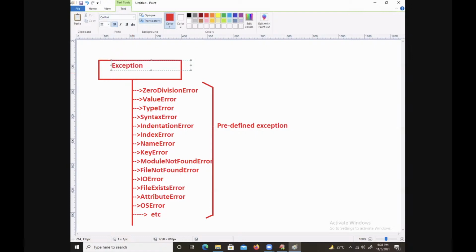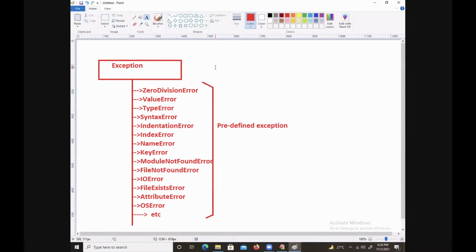What is the class name here? Exception is a super class for all the classes in Python. Like that, I am a Python trainer, you are my Python student. And who is our guru? Who is the guru of Python? Rossum. Rossum is the guru of Python. So from there, we are inheriting all this knowledge. Like that, the word I am using is called inheritance.